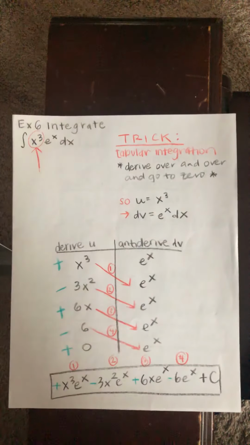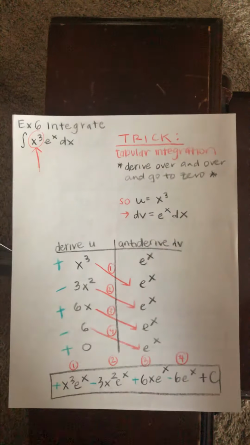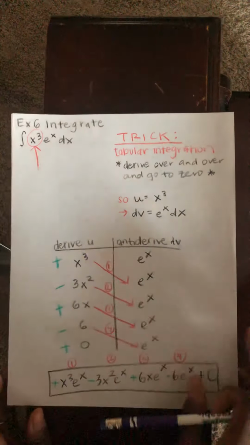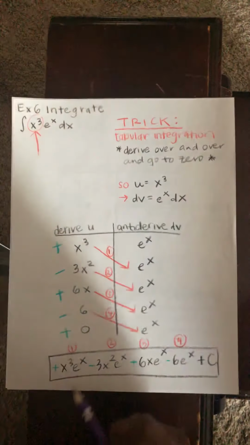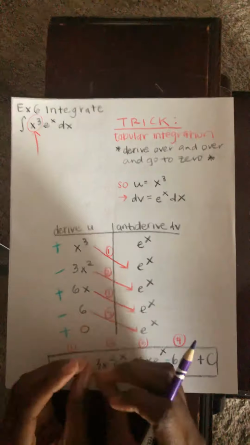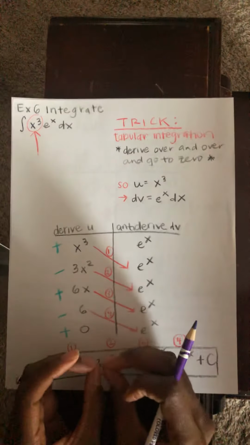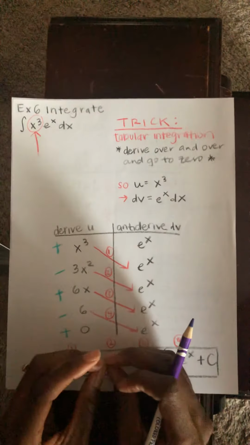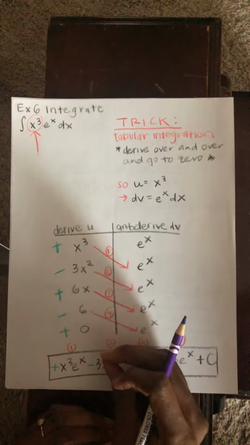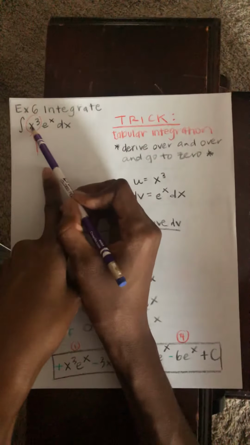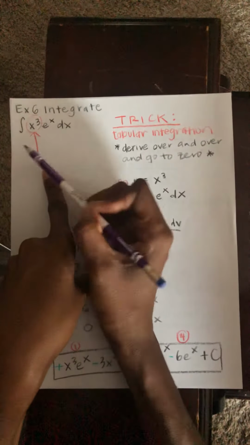Okay, so there's something called tabular integration, which is super cool. It's like a trick way. It actually used to be one of my favorite things when I took Calculus 2, like forever ago. But essentially, if you have two functions that are being multiplied together, and one of the functions, as you keep taking the derivative, eventually goes to zero, you can use this tabular trick, okay? So if we look over here, we know that x cubed, eventually if we keep taking